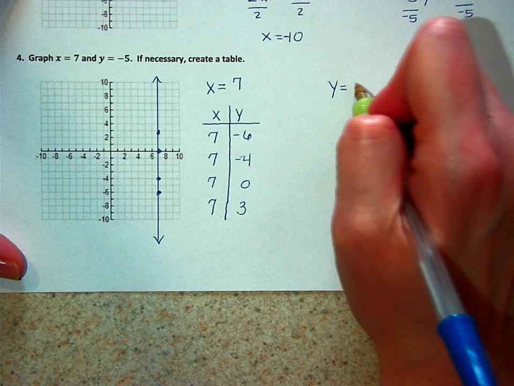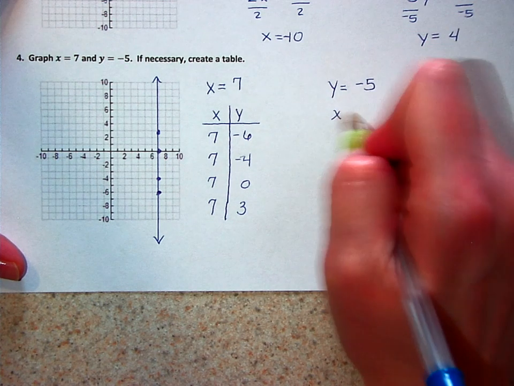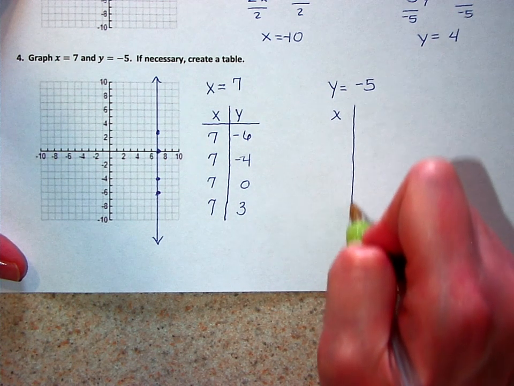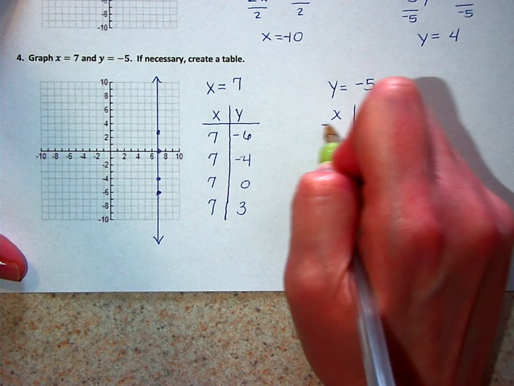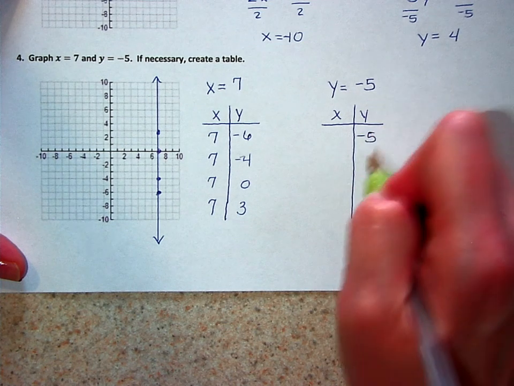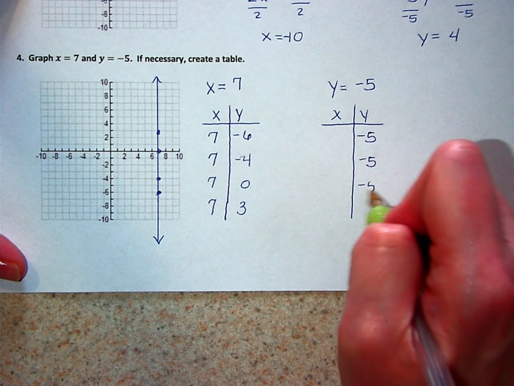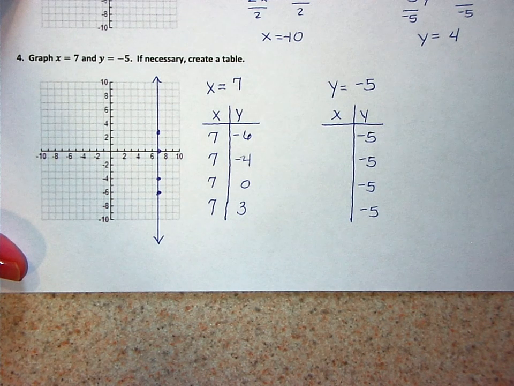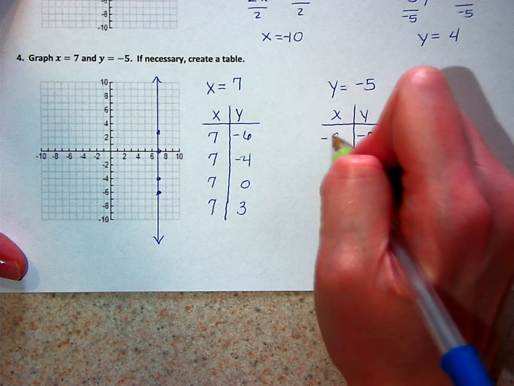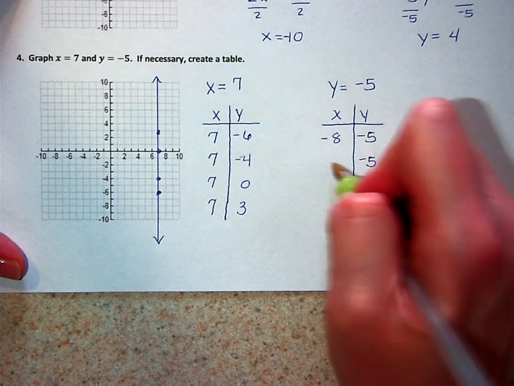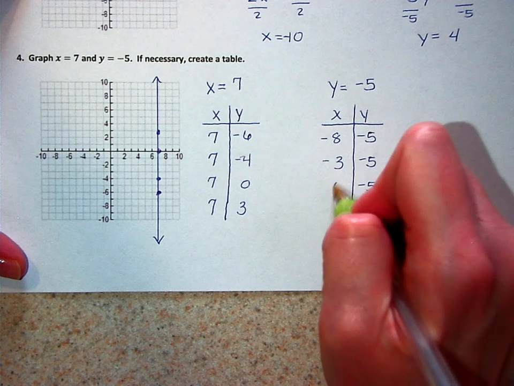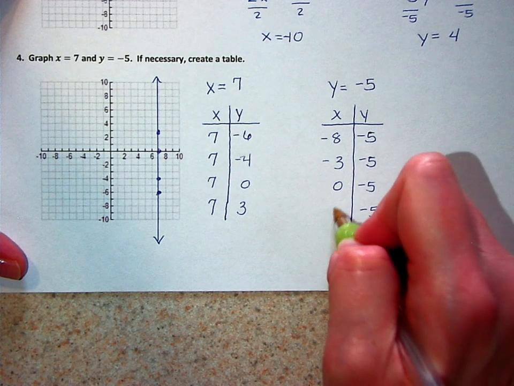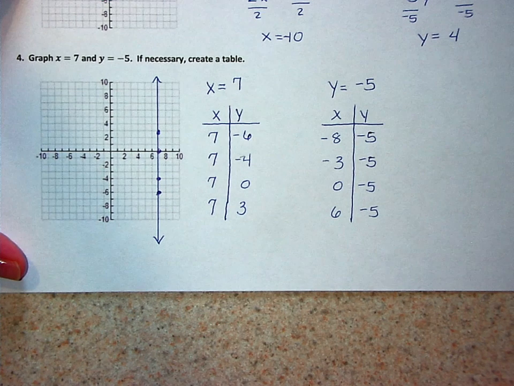Similar concept for that equation, y equals negative 5. So if you made a table of x and y values, your y value is always going to be negative 5, no matter what you choose for x. So let's say we pick negative 8, negative 3, 0, 6. So if we plotted those points,